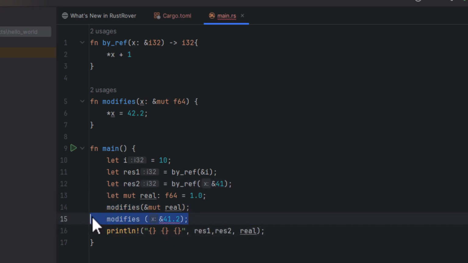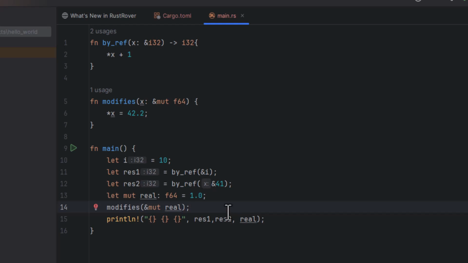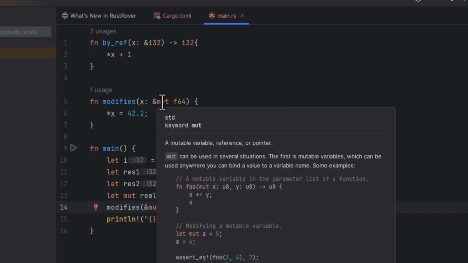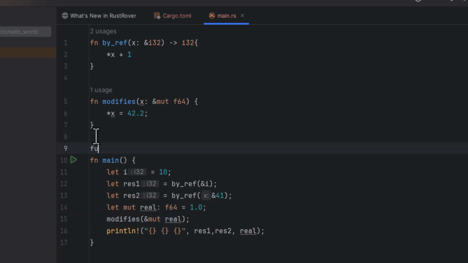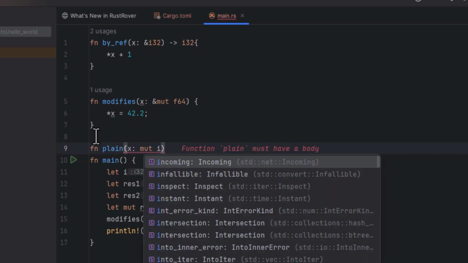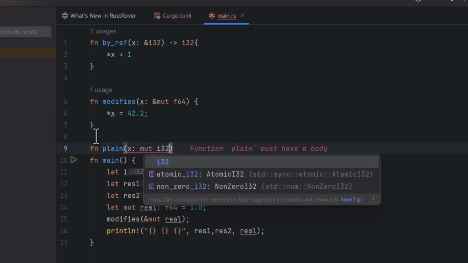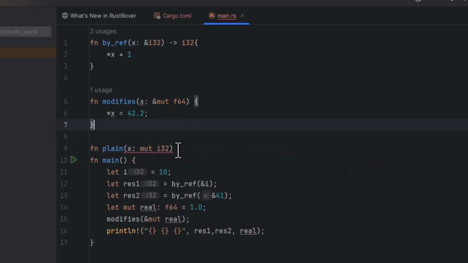Okay, so if I want a function to be able to change the value of something, I need to be able to say mutable in it. Can I do that for just a plain integer? Function plain x that is a mutable integer. No. Oh, but maybe it's confused because it doesn't have a